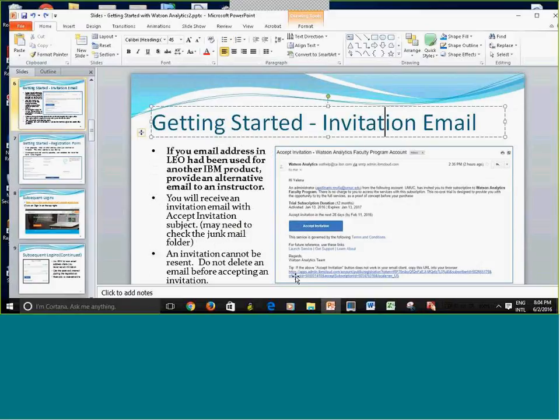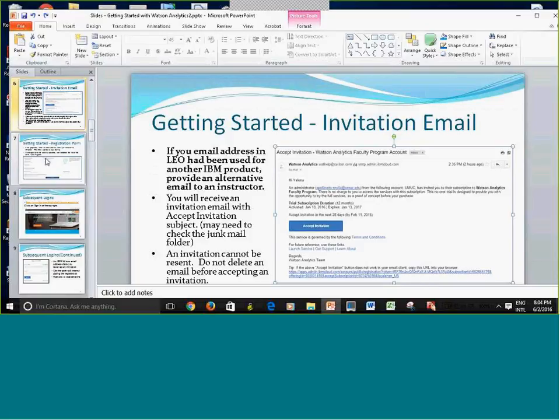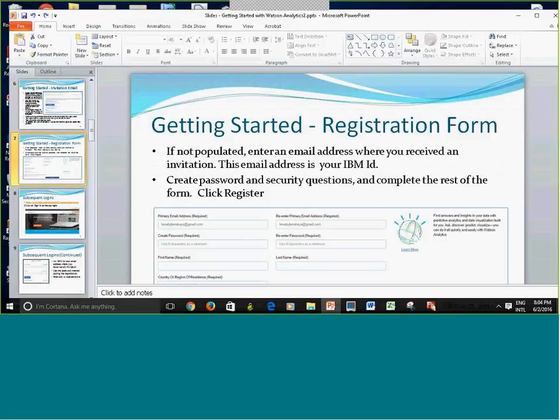Alright, so you need to copy, and you can click on the button, or you can copy and paste that link into your URL bar. This needs to be done only once. You're going to be redirected to a form that looks like this, and you need to enter your email, which is the same email where you received the invitation.